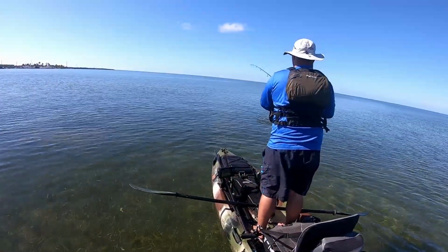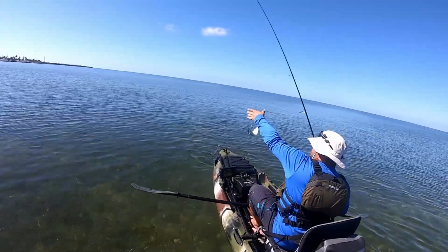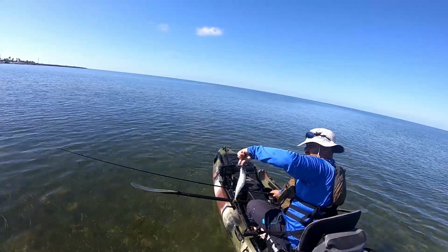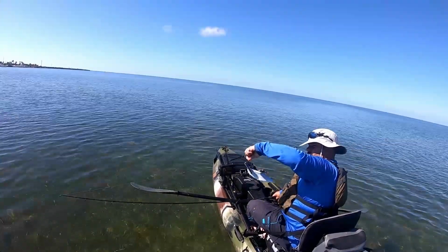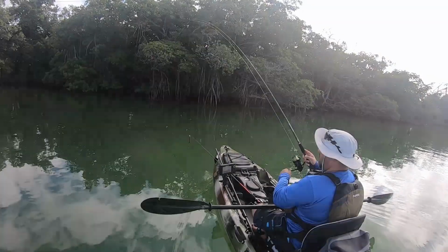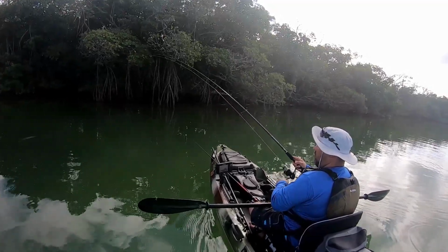And then here, so I'm well offshore at this point. You can see it's super shallow, grassy. Was targeting some spotted trout, which I caught from the shore the other day, but didn't have a camera with me. But I think this is a Yellowtail Snapper. And then back here in the mangroves,